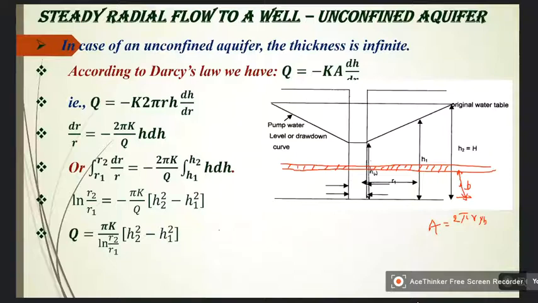because irrespective of the thickness or irrespective of the location of the water table, always the flow will be entering into the well only through this area. So it is 2 pi r into B. Now whereas if I consider an unconfined aquifer,